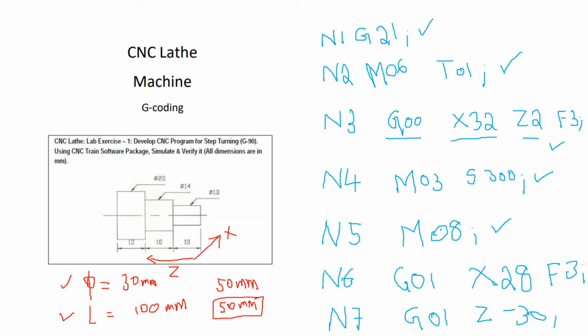Okay, so right now what we have done is we went from 30 to 28, we specified the feed rate, then we went along the z-axis. Now what you have to do is come back. Like I told you in the conventional, if you come back, the tool is right now with the workpiece itself, right? So when you're coming back, you again have to move away from the workpiece. So what you will do for that,